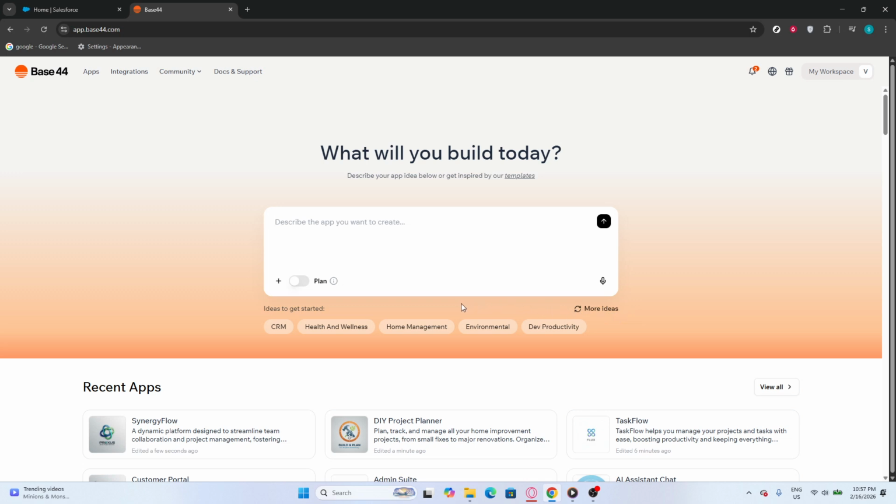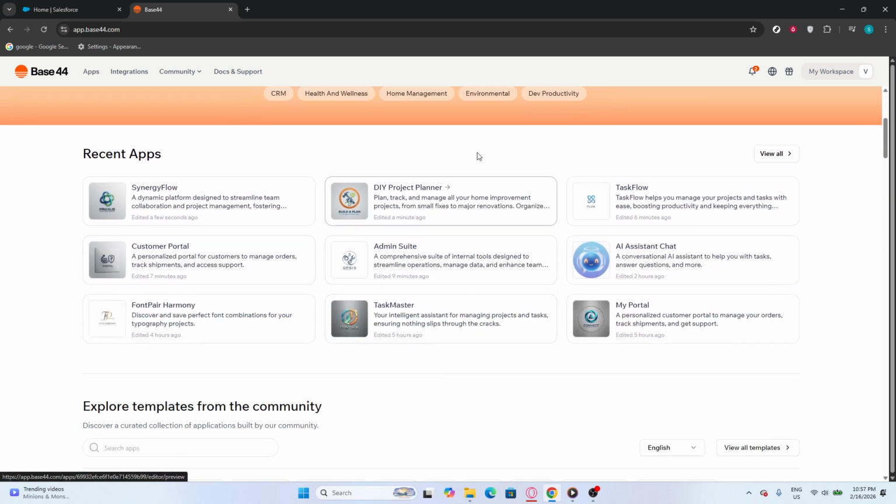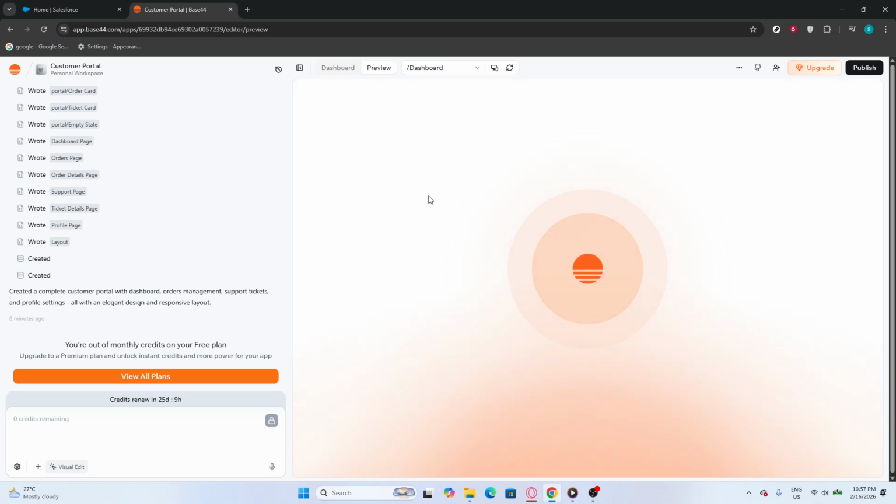Next, navigate to the section labeled Recent Apps. Clicking here will show you a list of applications you have created or interacted with recently. This is helpful for accessing your past projects quickly. After that, select one of the projects you wish to test. Clicking on the project will take you to the project details page where you can review the app's features and